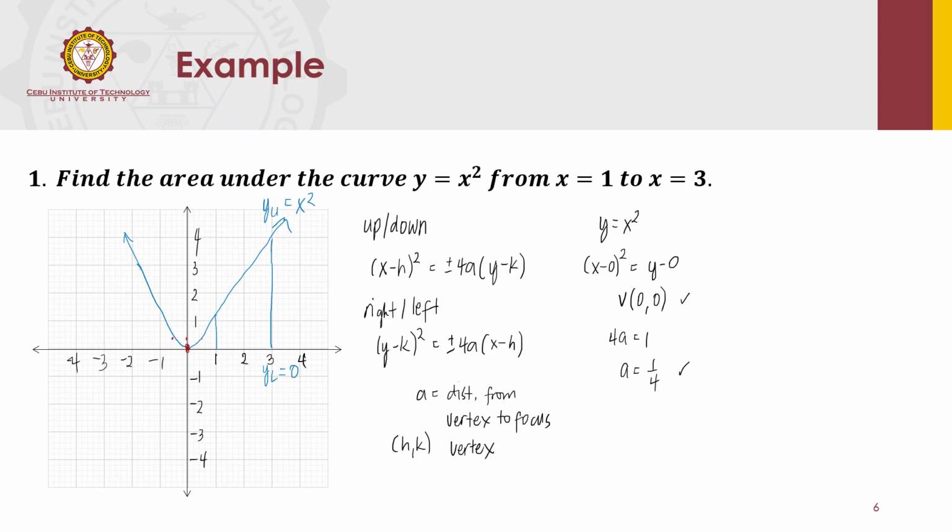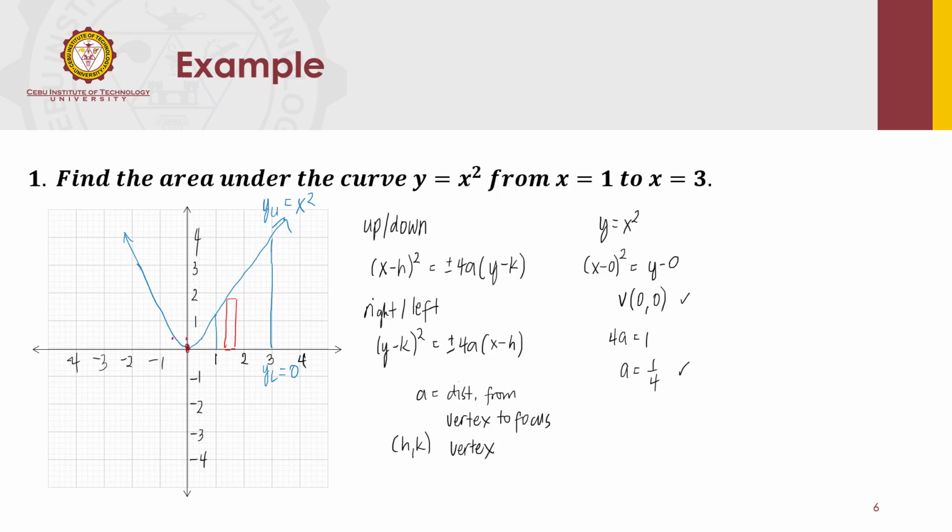Okay, then for the vertical strip, it would be easy to use a vertical strip for this one because we have the upper and the lower curves. So if both types of strips are possible, you must be wise in selecting. So make sure that you're going to have a shorter solution.